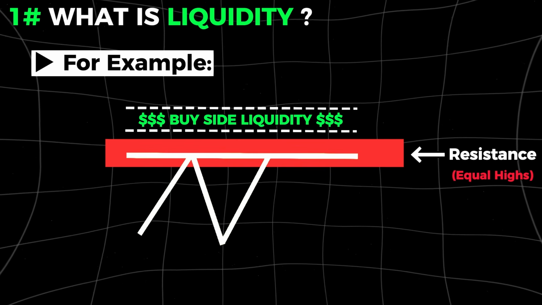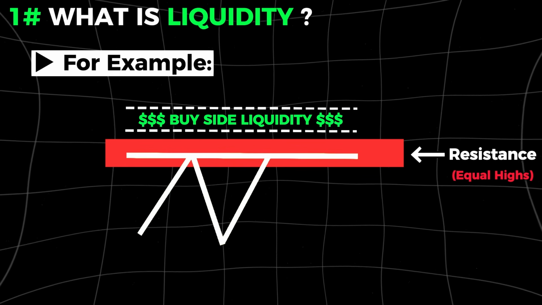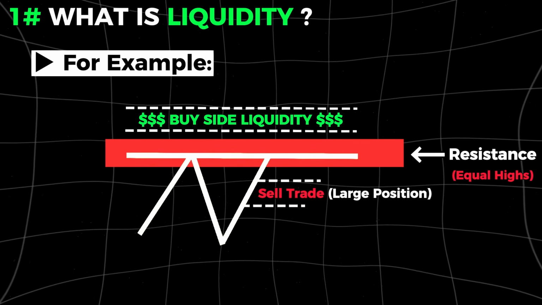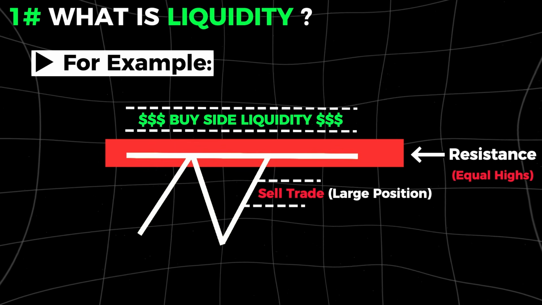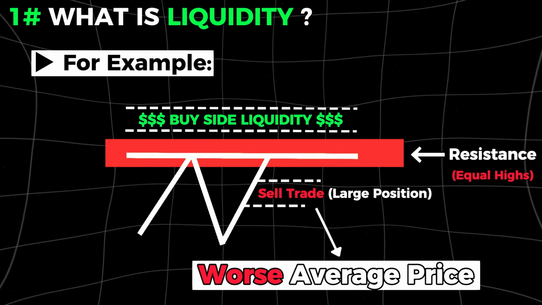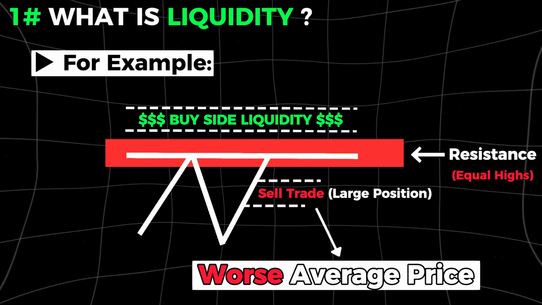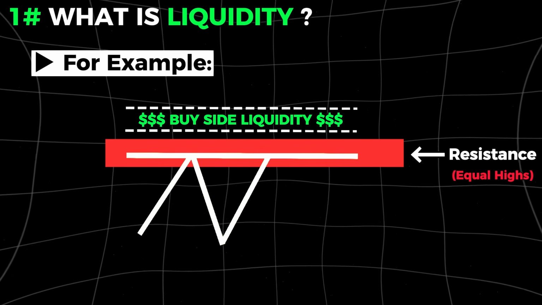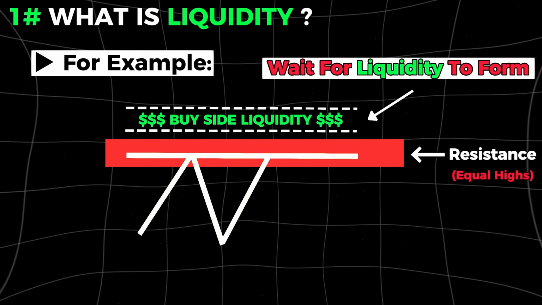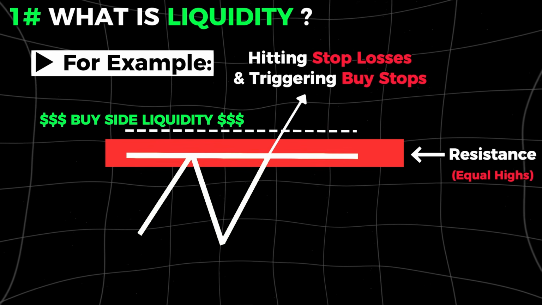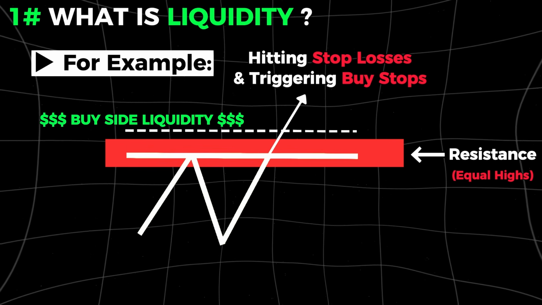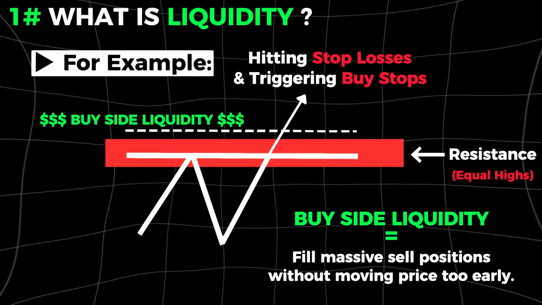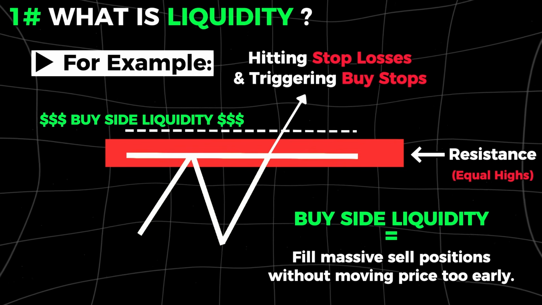Now imagine you're an institutional trader, a bank, hedge fund, or any large player working with millions of dollars. If you try to sell a large position directly below this resistance, your order size will push the market down, giving you a worse average price with every execution. In short, your own selling would move the market against you. To solve this problem, large traders wait for liquidity to form above the highs. When the market pushes up and triggers all those buy orders, a flood of buying enters the market. This sudden burst of buy-side activity provides the liquidity big players need to fill their massive sell positions without moving